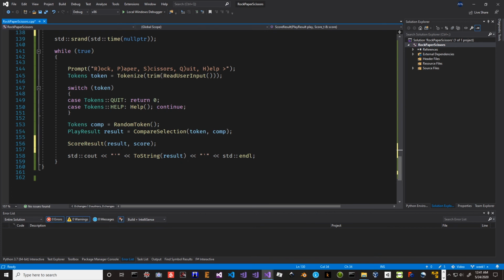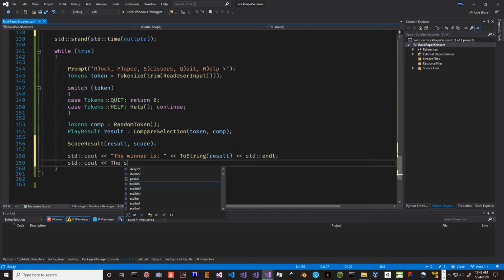Alright, then we can output the score each time. So here we can say, instead of result, we can say the winner is, and the standard cout the score. The score is,